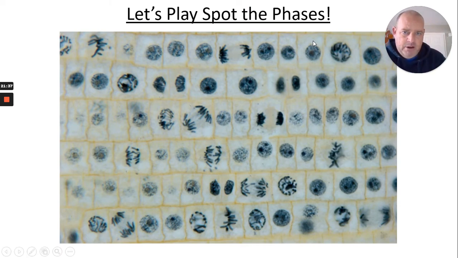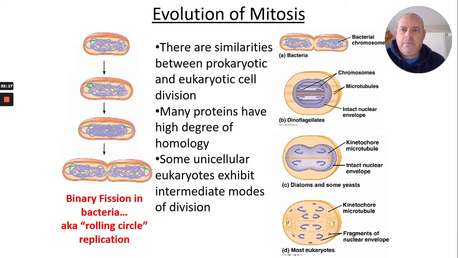So this is kind of a fun game here. In class, I usually call out a phase and tell them to find them for me. If I were you guys, I would pause this and see if you can find interphase. Can you find prophase? Can you find metaphase? Can you find anaphase? And can you find telophase? I would work through these and see if you can tell which ones are which. We're actually going to do a lab in class, and it's going to become useful if you can tell which ones are which. So take a shot. I'm not actually going to give you the answers right now. See if you can go through and label a few of these and go back and look at the diagrams if you need to.